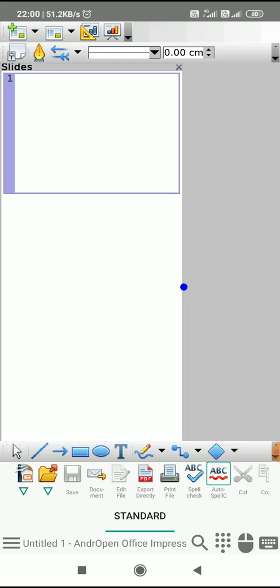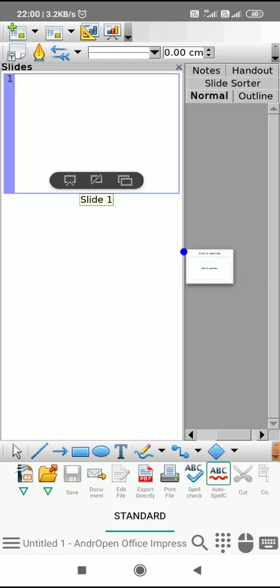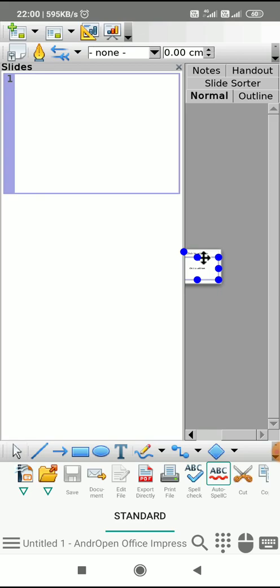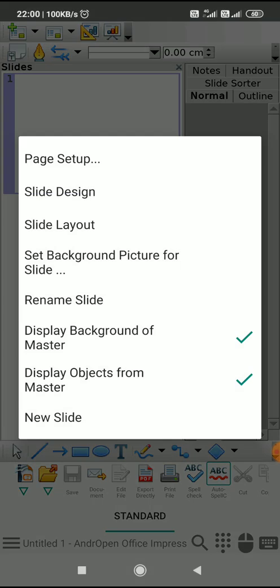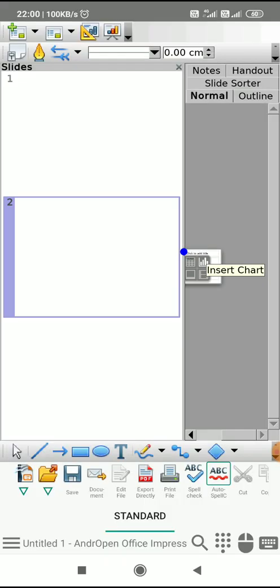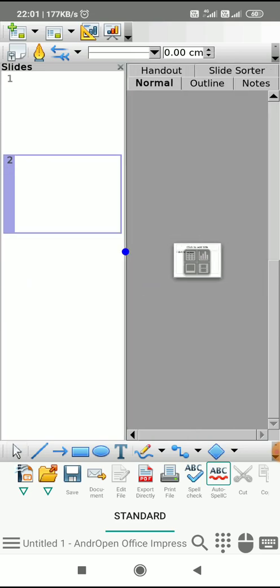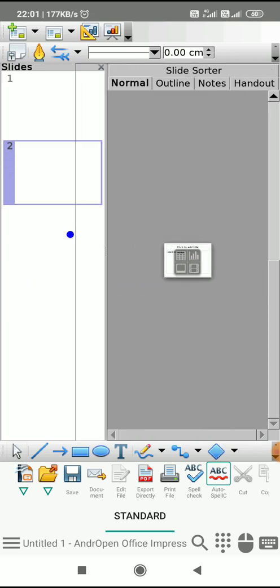So in this Android I can make maximum use of it, and it is possible to download this complete openoffice.org suite on my Android phone. Sitting in a safe corner of my room, I can do all these works on my Android. I need not go for a laptop or desktop.